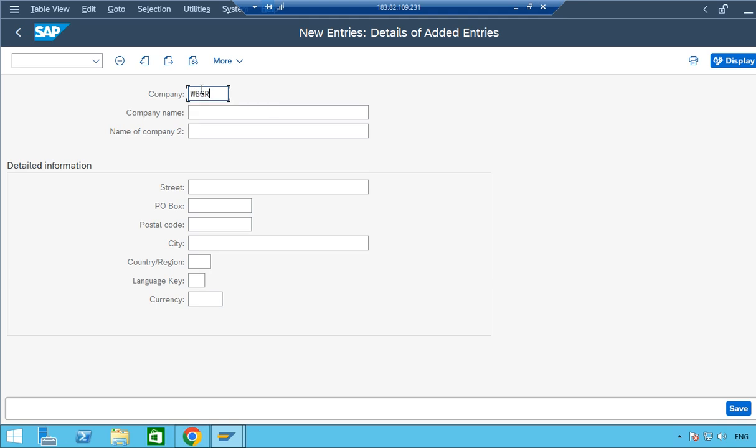CG GRP. Okay, I am giving a 5-digit code. You can give a code up to 6 digits, but I am giving here CG GRP as a code. I am putting the description as CG group, putting some description, address,